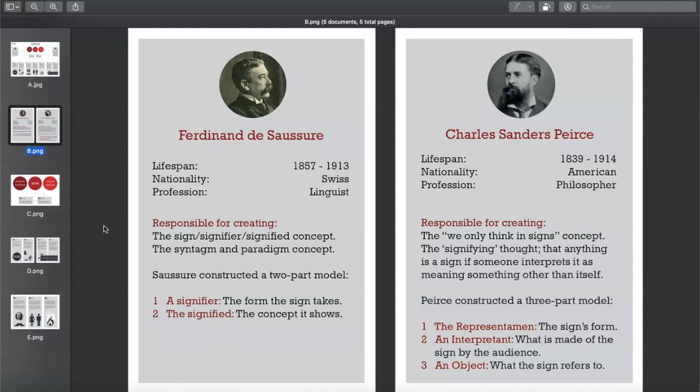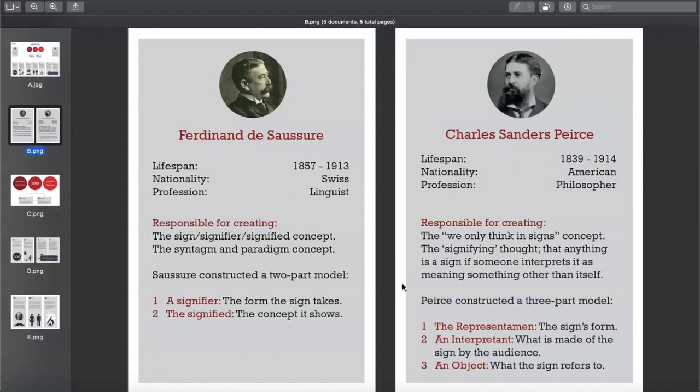Which is the signifier, the form that the sign takes, like the exit sign that we saw. That's the form that it takes. And the signified is the concept that it is trying to show you, what it is asking you to do. So that's his ballpark. Meanwhile, Charles, on the other hand, came up with the idea that we only think in